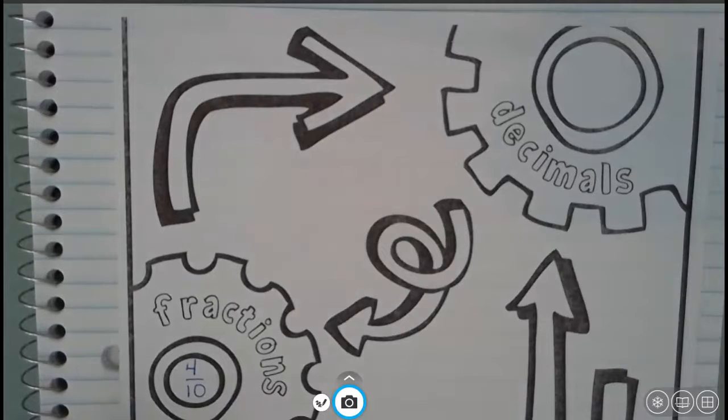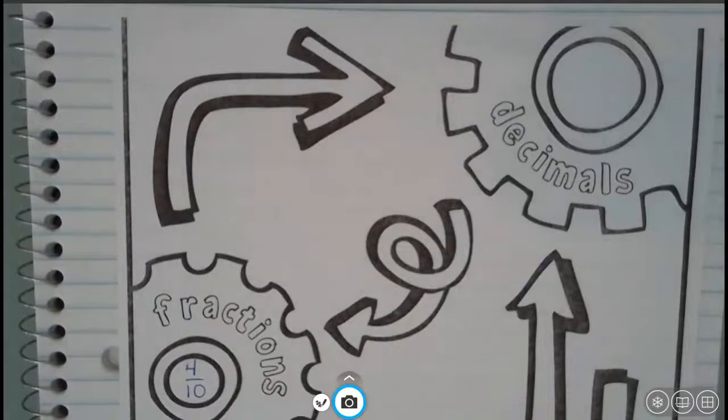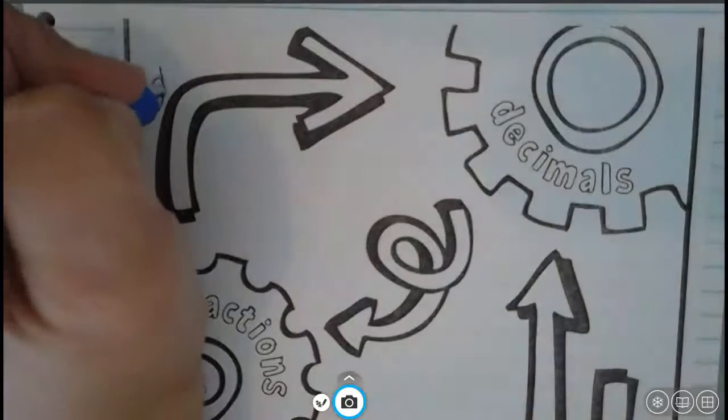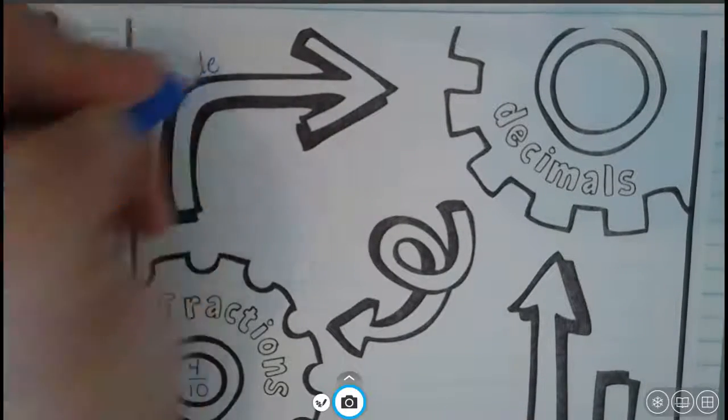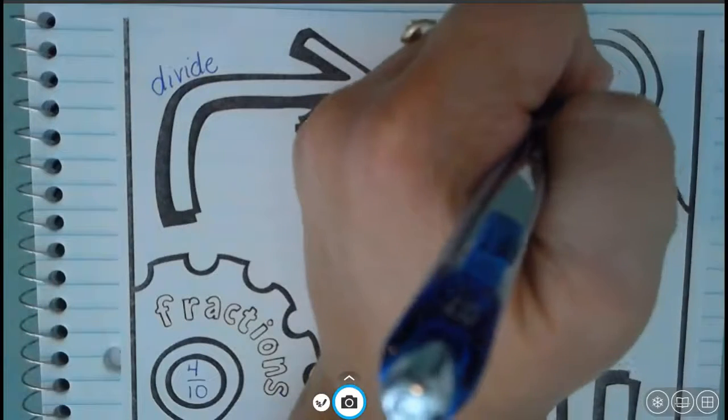I can list any number of fractions, but to get from a fraction to a decimal, and there's 4 operations in math: add, subtract, multiply, and divide. Which of those operations do you think we use to go from a fraction to a decimal? If you said the answer was divide, you are correct. Add that to your note now, please. Divide. So if we take 4 divided by 10, we get the answer over here as 0.4